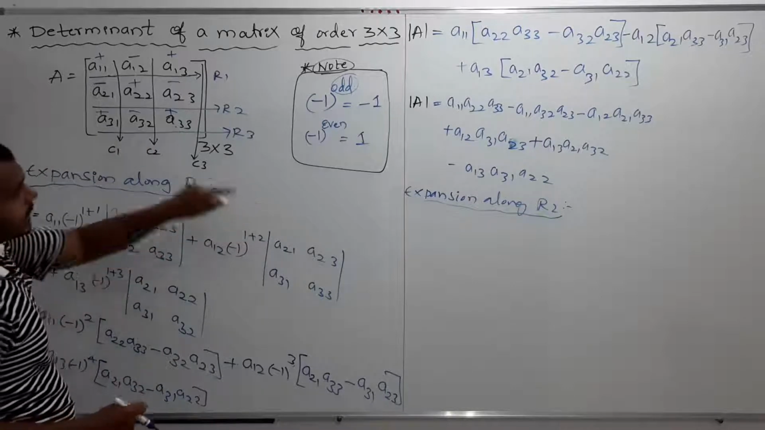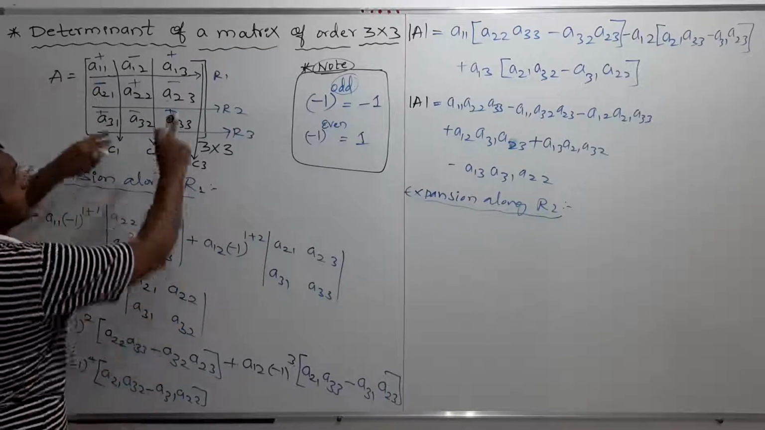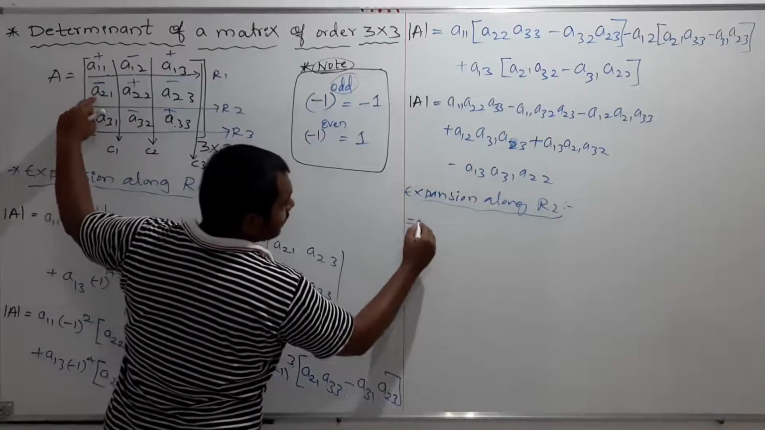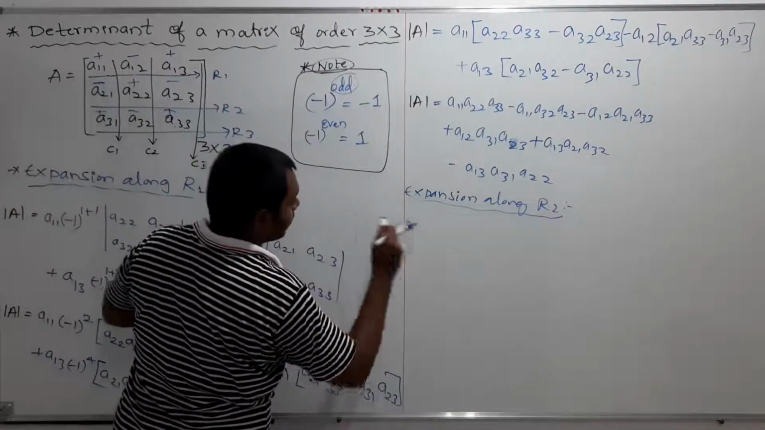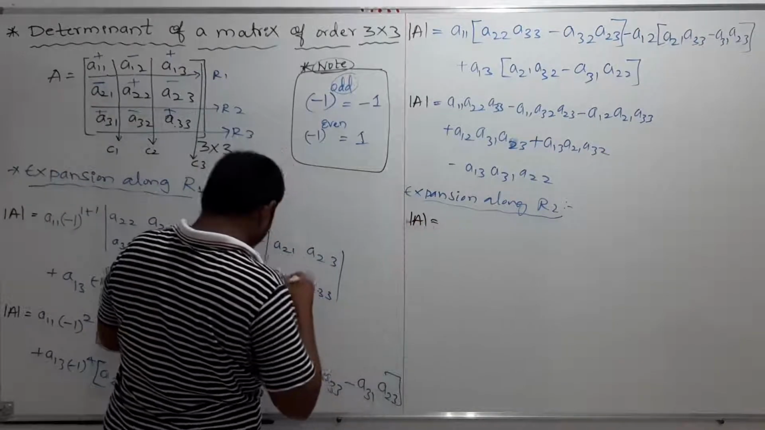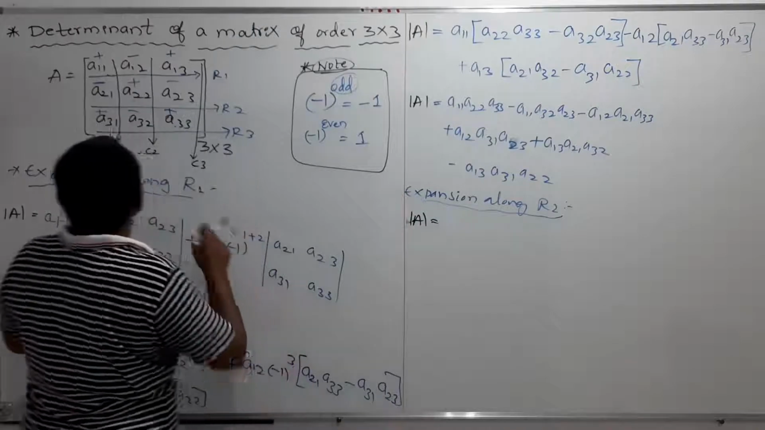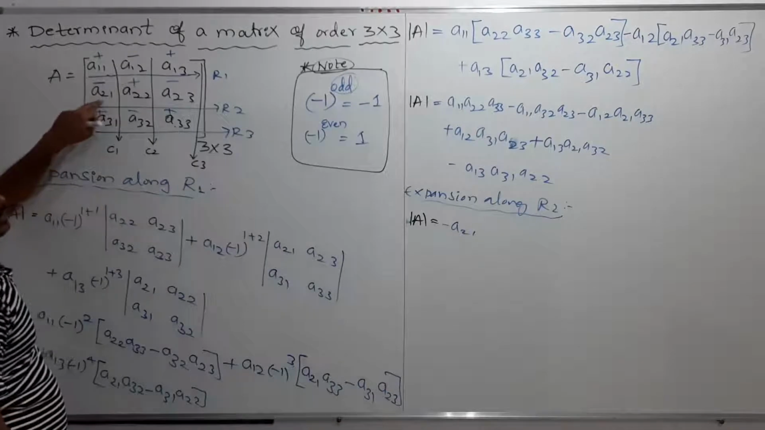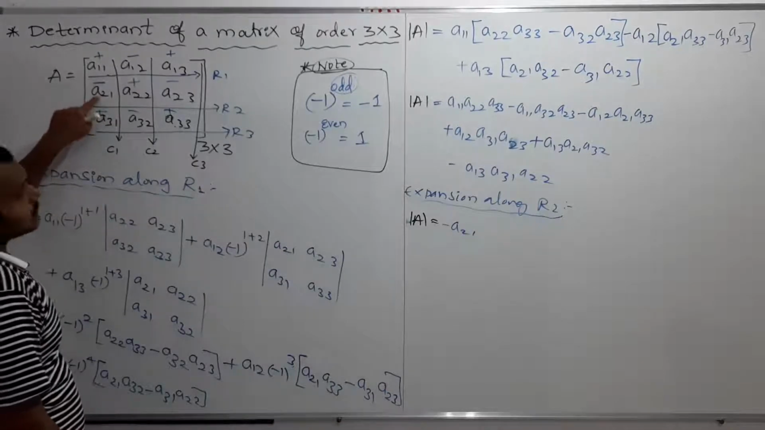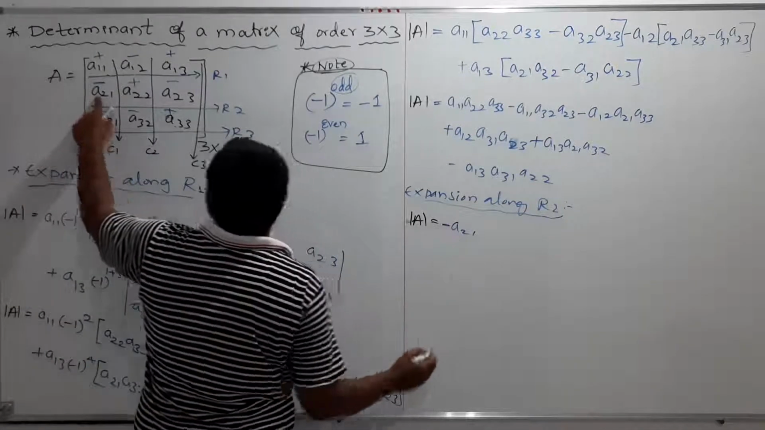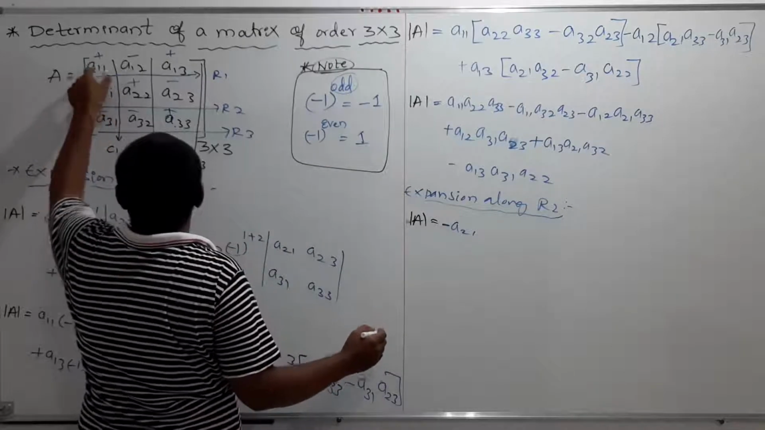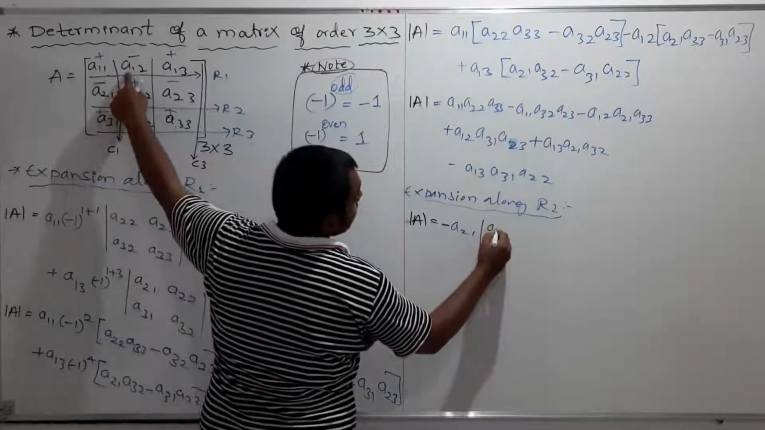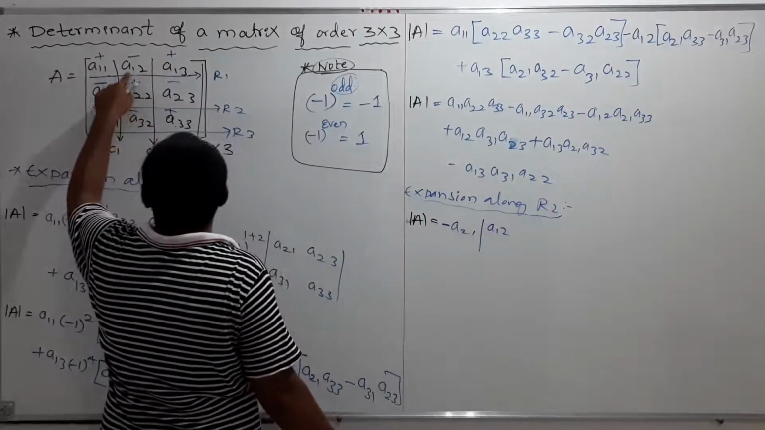So now I am expanding from row 2. To calculate along row 2, what should I do? Already I wrote the sign here. So negative of, here it is, the determinant of A is equal to, negative of this, minus a21. Clear? So minus a21, and next leave this row and this column, that is, remaining is a12,